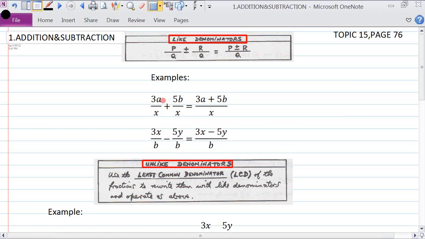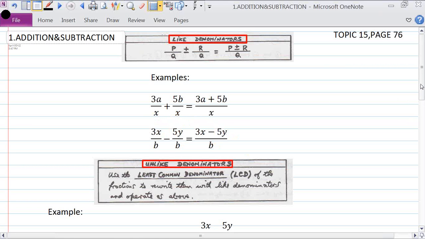So if I have 3a plus 5b, both of them over x, I can just write this as 3a plus 5b over x. So I've got that common denominator, and the denominators are alike. Here I've got b, so I can just say 3x minus 5y over b. But that's the simplest part, where the